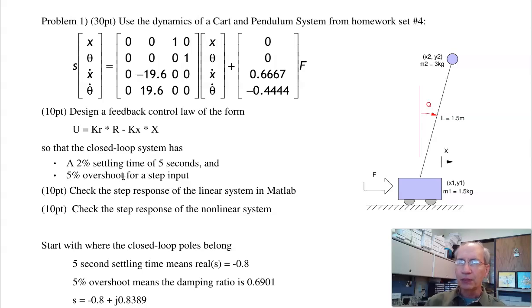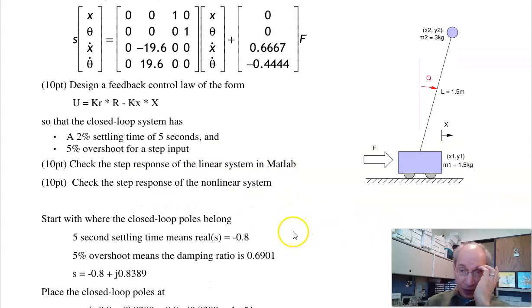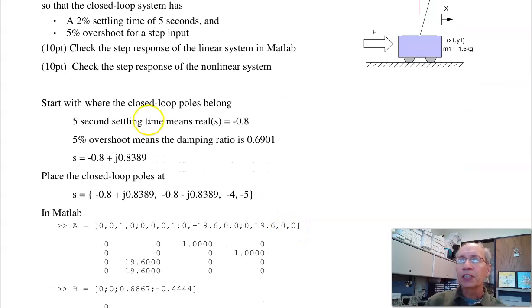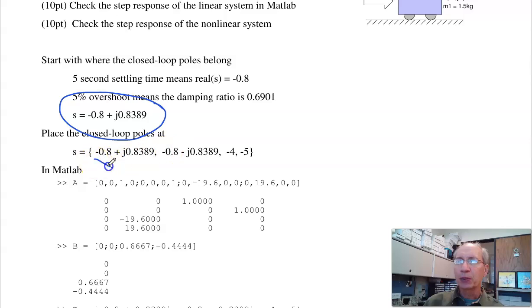Once you're done, check the step response in MATLAB, and check the step response in the nonlinear system. So, starting out, I've got to translate the requirements to pole location. 5 second settling time means the real part of the dominant pole is at minus 0.8. 5% overshoot tells the damping ratio, telling you here's your dominant pole. So what I want to do is place the dominant pole at minus 0.8 plus minus j.83, its complex conjugate,